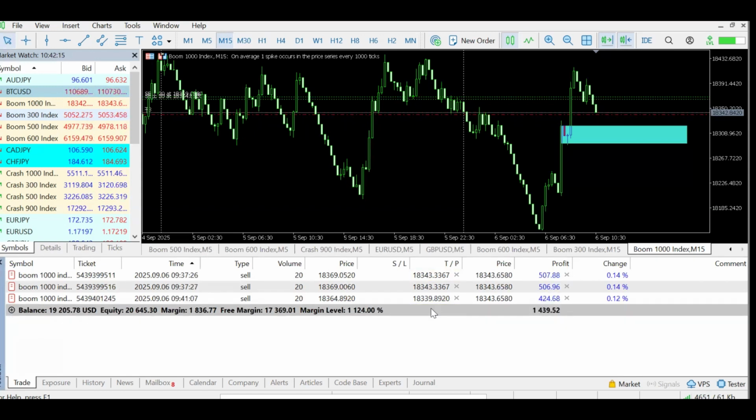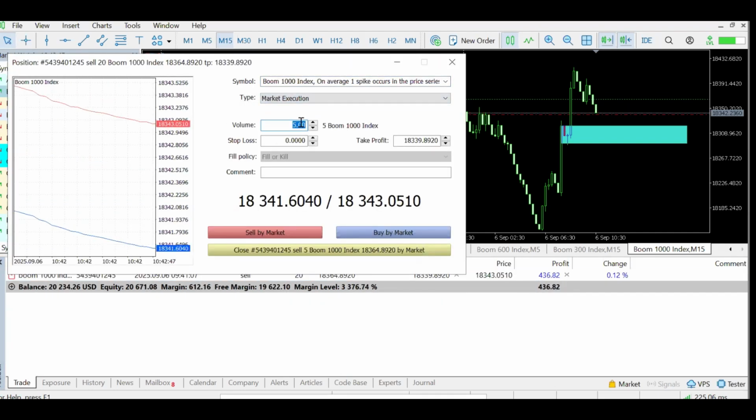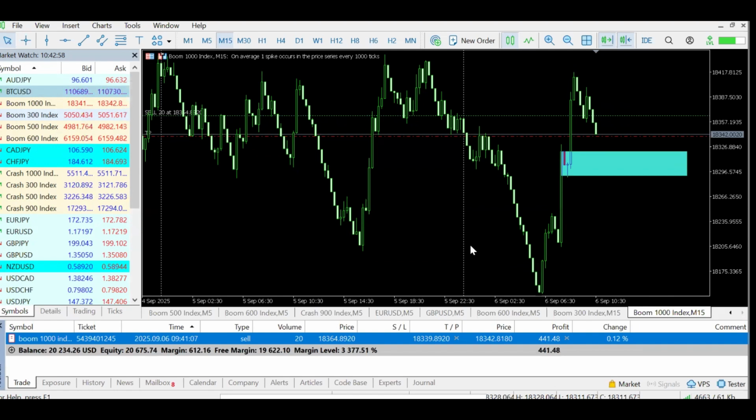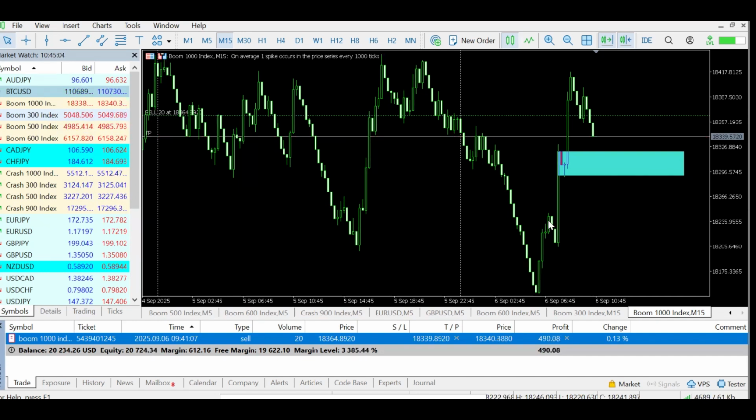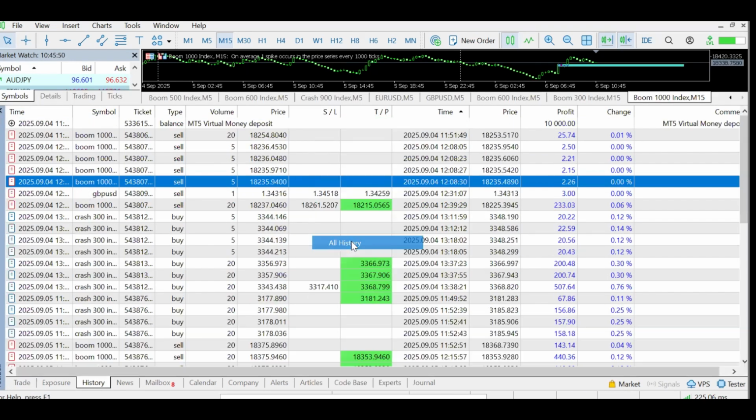Wow, that is amazing. We just created a demo account and we traded it from 10,000 to $20,000. That is incredible. So that's how simple trading can be. It demands you having the right strategy, the right market psychology, the right money management, and above all, patience is key to trading. Okay, so you can see how excellent the trades are. 100% profits. This does not happen every day, though.